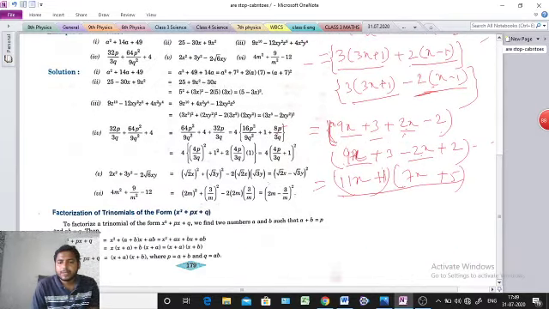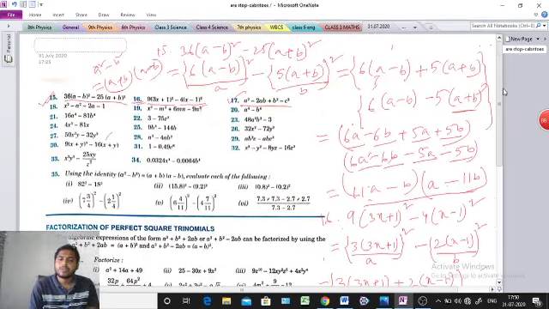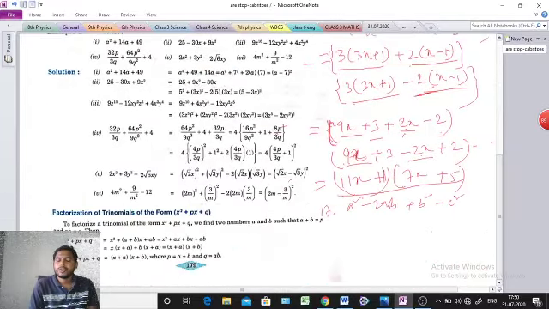See number 17. A square minus 2ab plus b square minus c square. This is the question. So what to do, sir? Here at first, one important formula is there inside the given question. This a square minus 2ab plus b square is our formula. What formula, sir? This is the a minus b whole square formula.